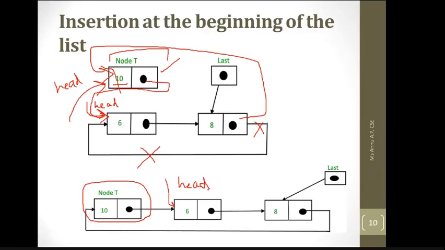Okay, so what we generally do when we are deleting from a given list, we store the address of the node which we are deleting in a temporary pointer, to make it visible that it is deleted by just printing its data value, to check whether the desired value is deleted or not.